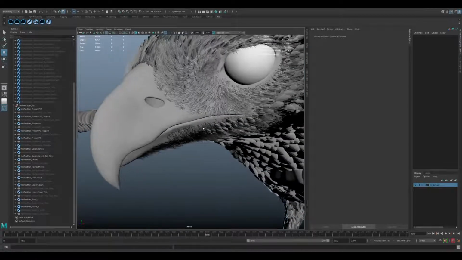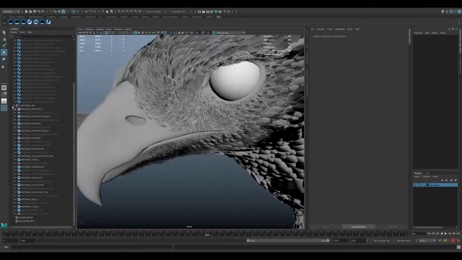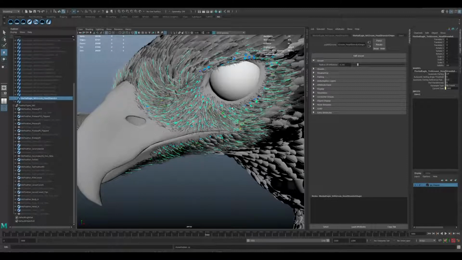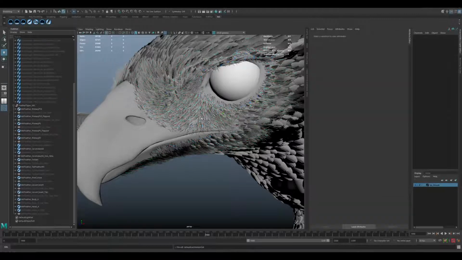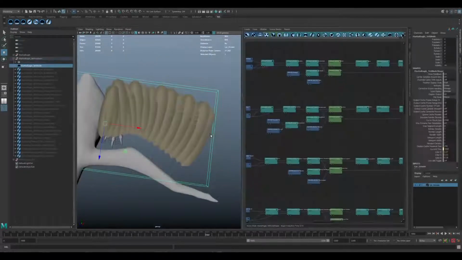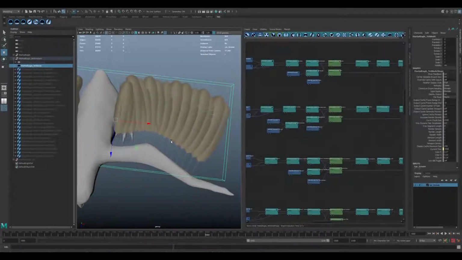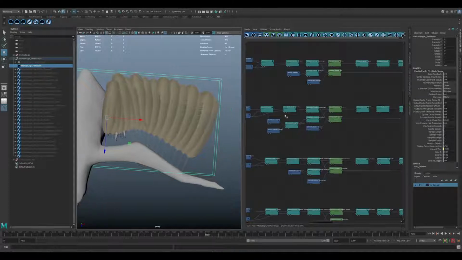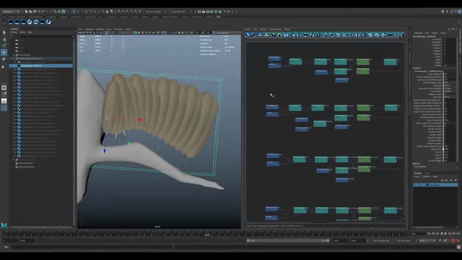For the face, there's an additional fur set on here, which is more of that traditional approach that we did with the Meerkat, just using the guide curves to create the face hairs that help blend in with the feathers. So what we have here is the secondary S6 feathers on the wings, and here's the section of the graph